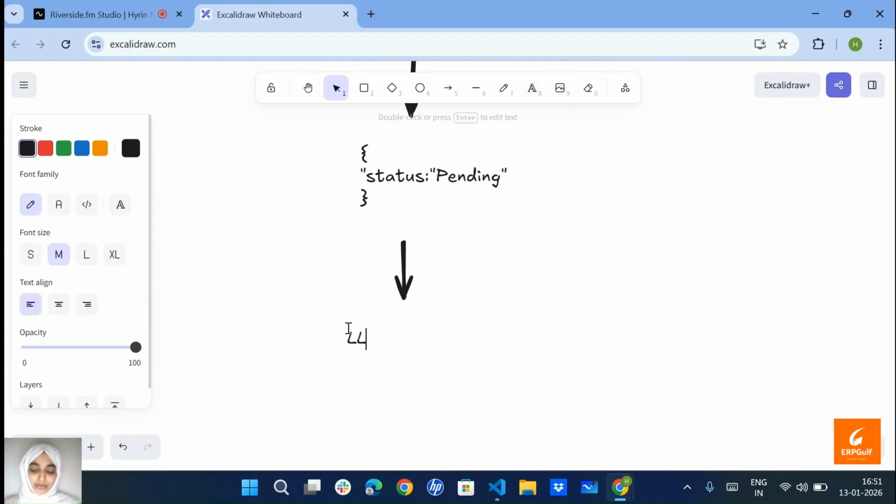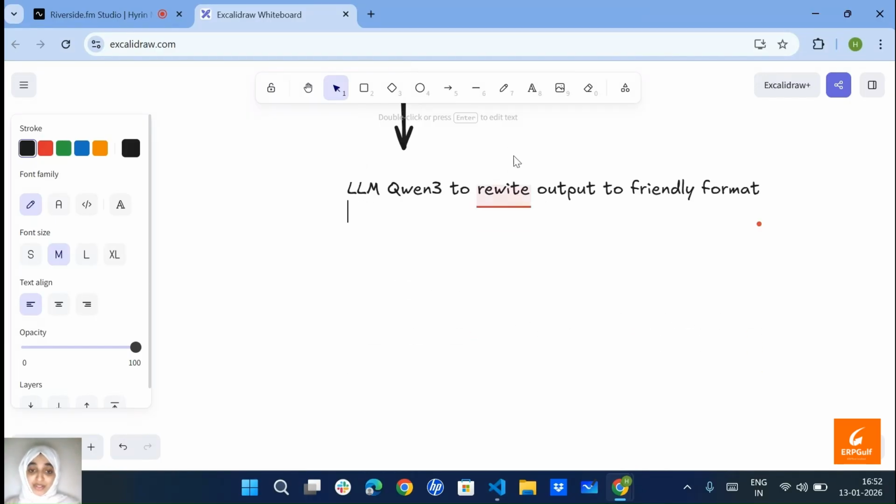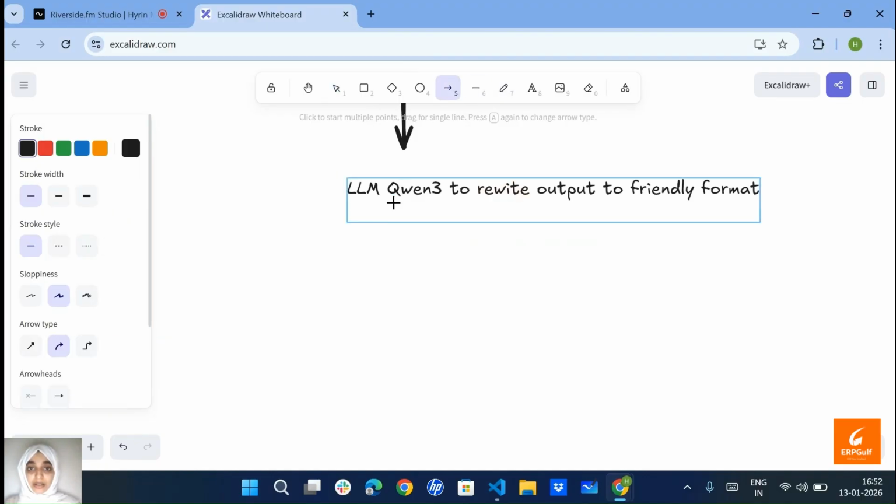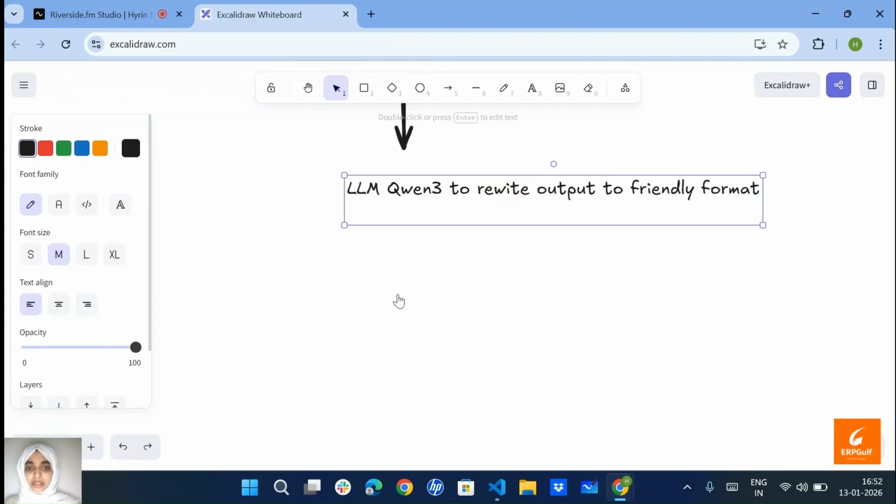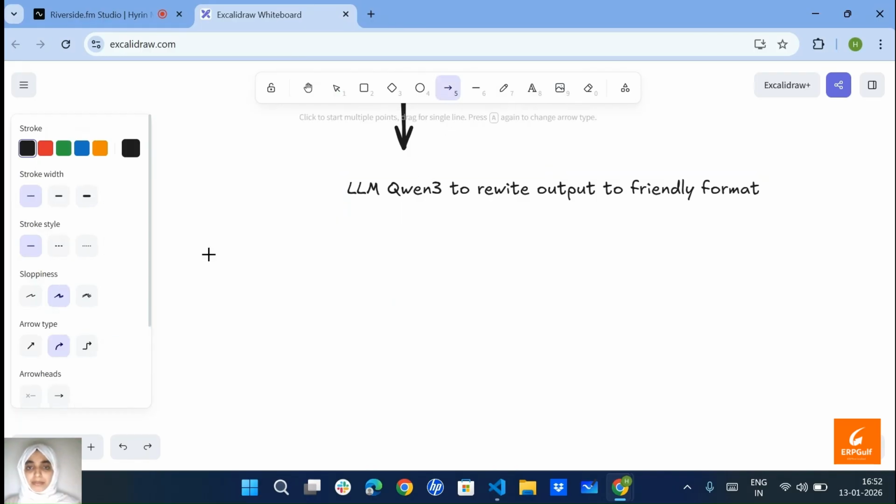Let me mention that too. We again call the LLM, which is Qwen 3. For what purpose? For rewriting the output to a friendly format. Spelling mistakes would be there because I'm typing fast, sorry for that. Now finally we will get output which would be in a better format like this: